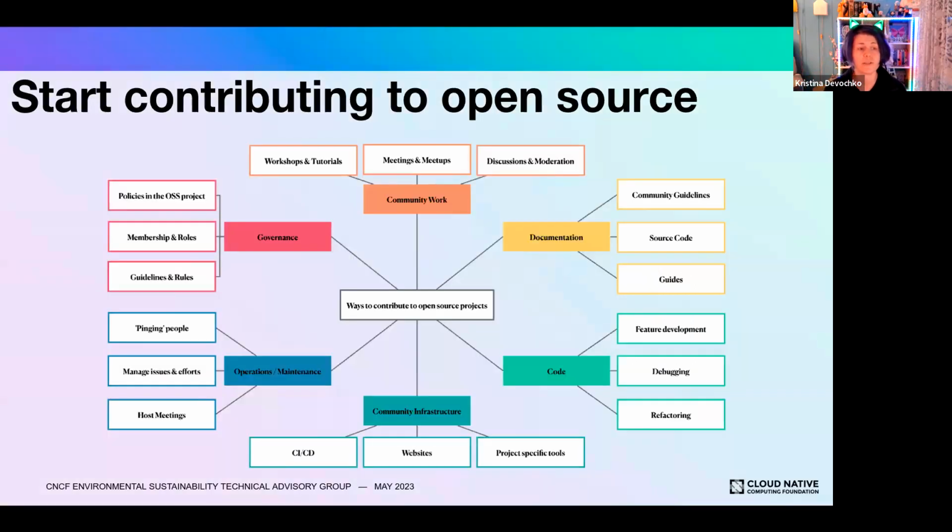Yeah, and this is just a more detailed illustration of all the different areas where you can contribute to open source. So there is a multitude of different activities where contributions can be valuable. So this is basically just about where you feel most safe to get started and what correlates most with your personal passions and interests and knowledge.